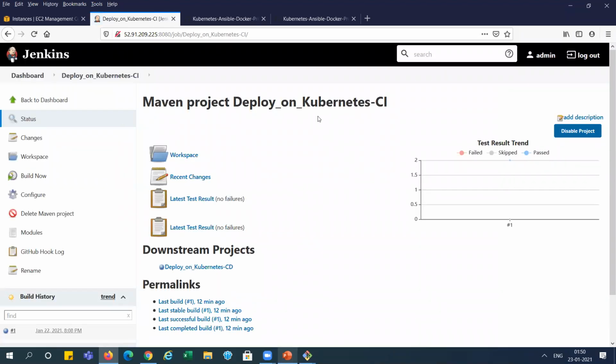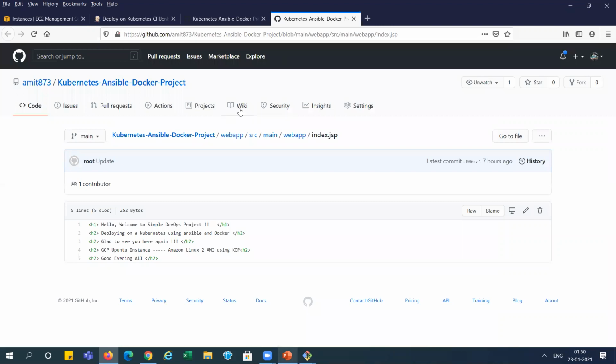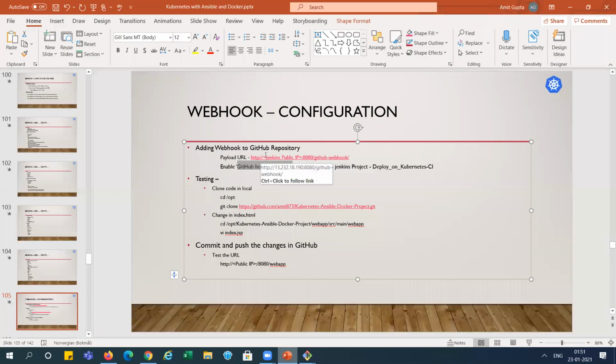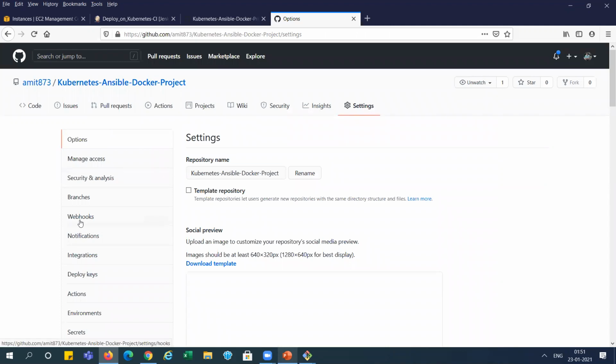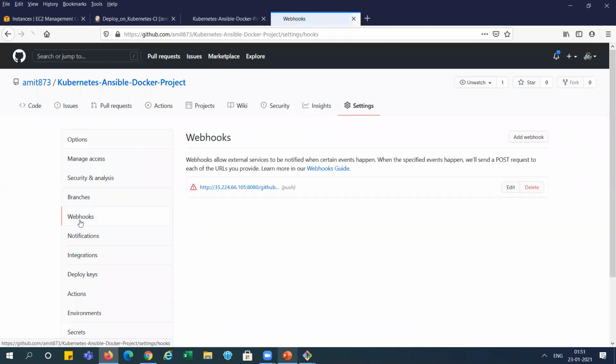So we have done the automatic deployment, and we also need to configure something here in the settings. You can see the Jenkins public IP is required for configuring this in GitHub. Here is the webhook configuration.